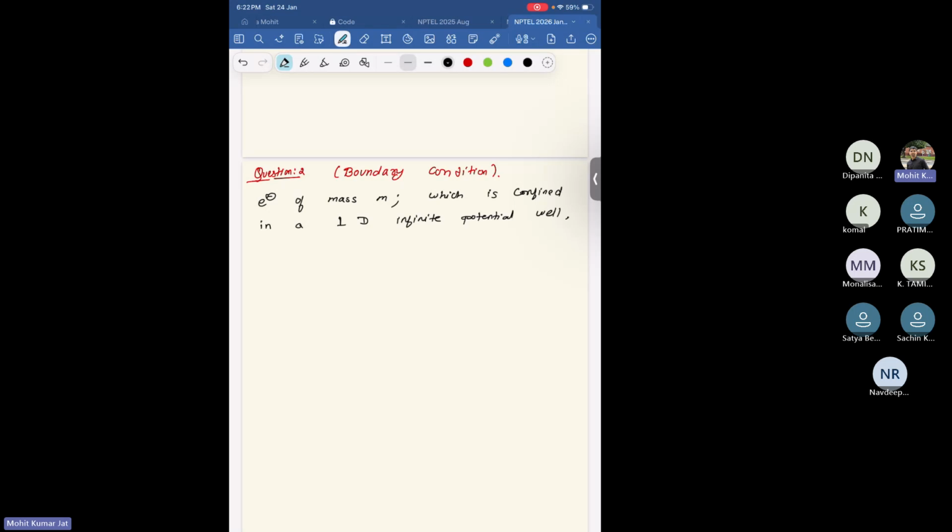And now I ask you, okay, the potential well of, let me define the width also, width a, right? And then